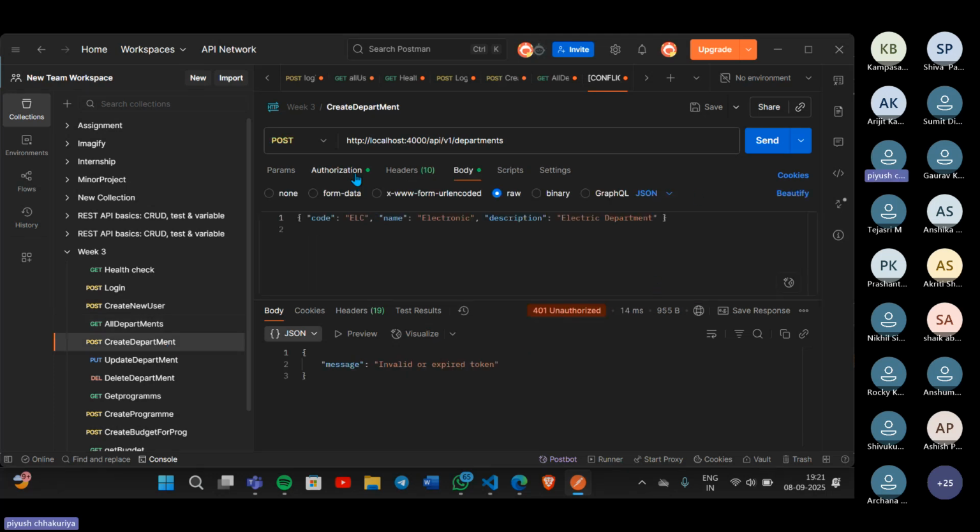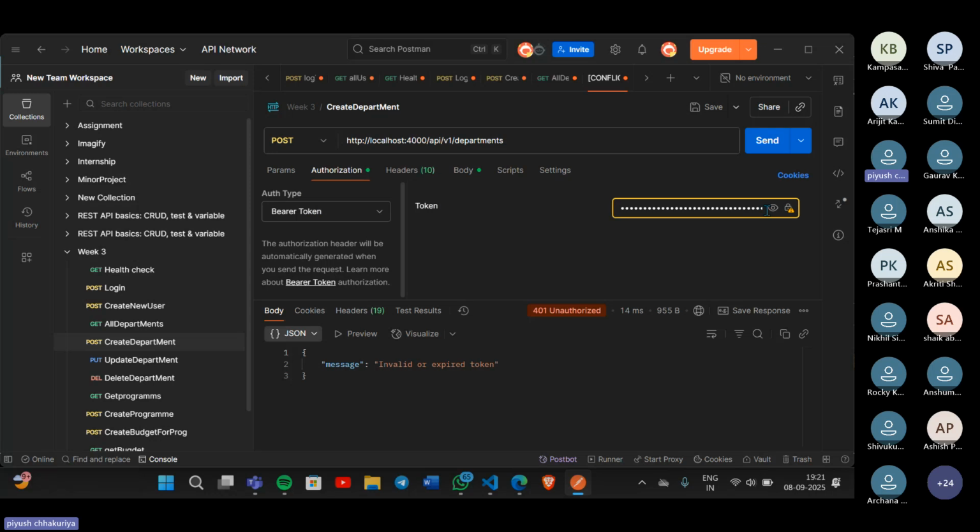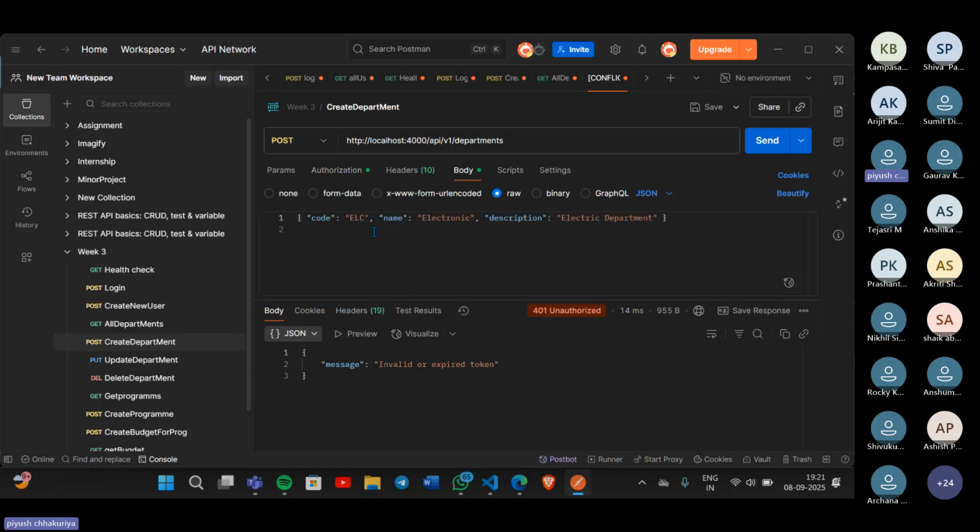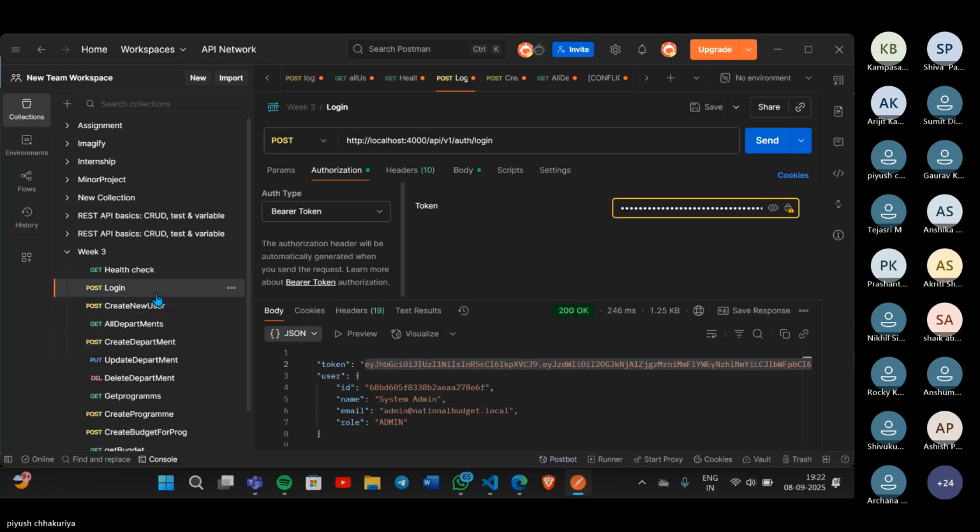For that, I have to again copy the token. Okay, in the body, let me change it a little bit. I have changed the code and name and made some updates, and just send it. Wait, expired token again. Let me just copy.